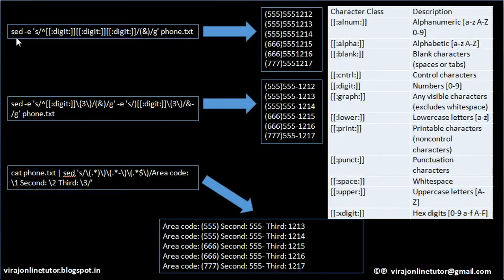In this example, we have the phone numbers in the phone.txt file, and the phone numbers are in this format without any brackets. For example, 555-555-1212 will be one number followed by these numbers. It will be a plain set of numbers in phone.txt. So in this sed command, we are reading the contents of phone.txt